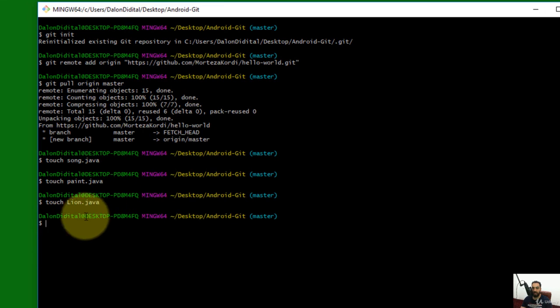So index is where the Git is going to store all of our files inside a local repository. So in other words, we need to somehow save these changes to our local repository, and then by committing these